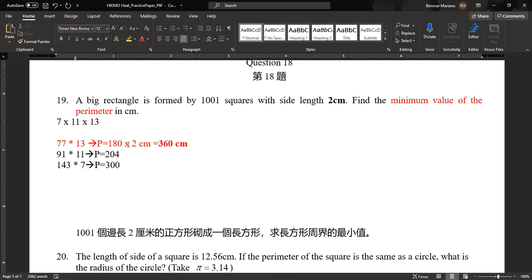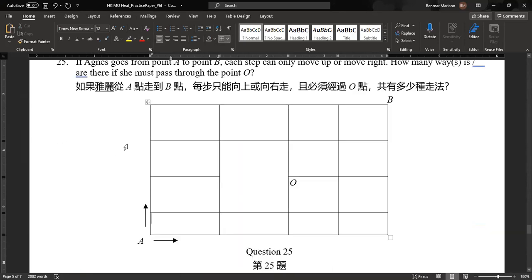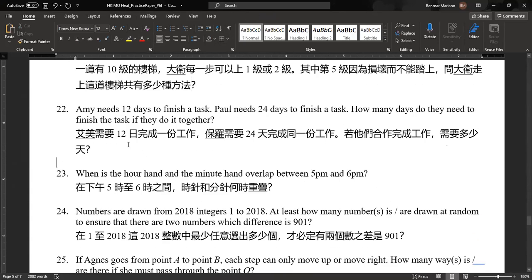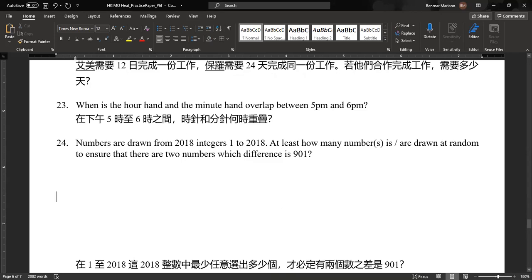And number 24, the last one. Number 24, ito. How we do number 24? So I saw a solution on the internet. So this is how they must do it. So since the